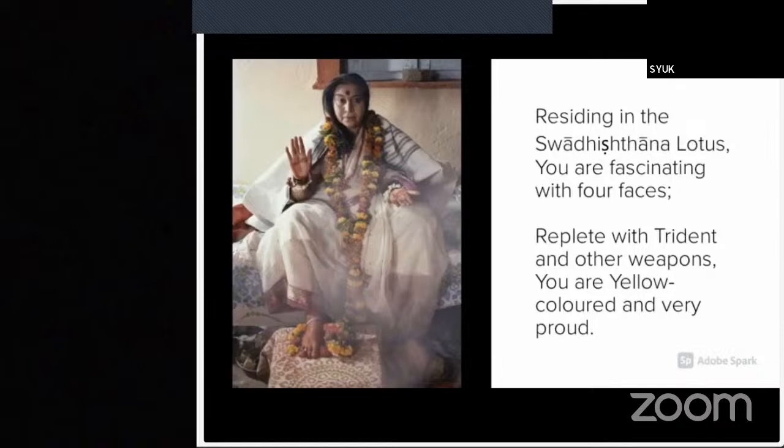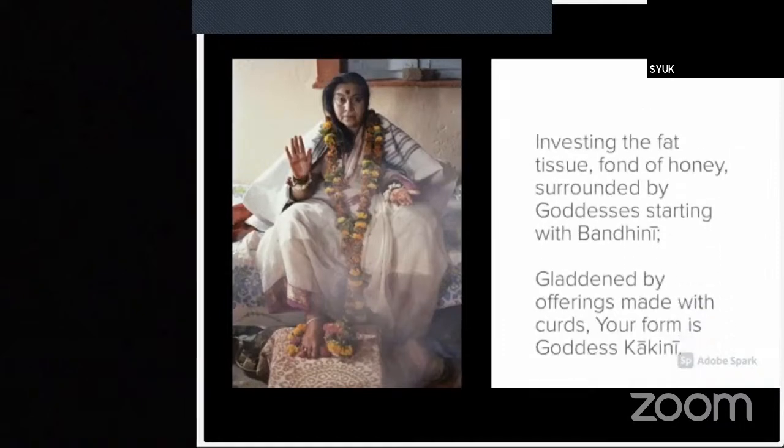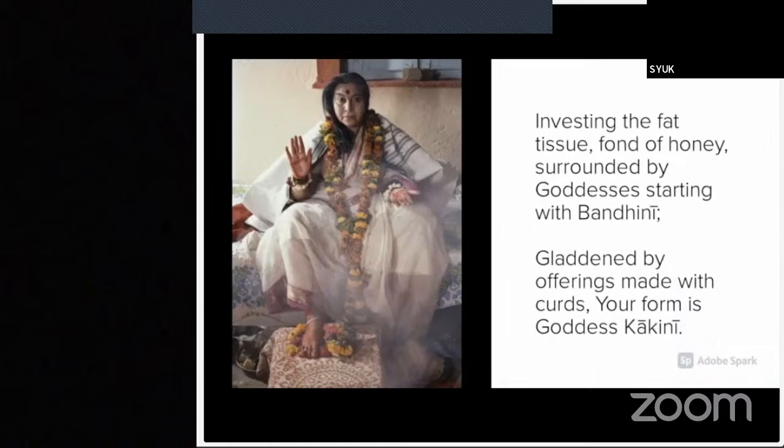Residing in the Svadhisthana lotus, you are fascinating with 4 faces. Replete with trident and other weapons, you are yellow-colored and very proud. Investing the fat tissue, fond of honey, surrounded by goddesses starting with Bandini, gladdened by the offerings made with curds. Your form is Goddess Kakini.